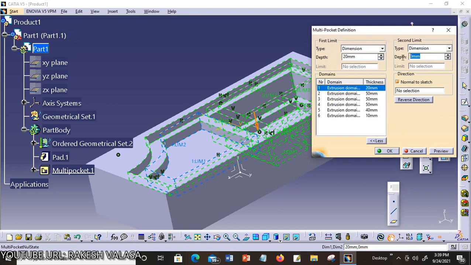Now I am entering the value in the second limit, for example 10 mm. Click preview. You can see here the extrusion domain value is added. That means the previous one is 20 mm, that is the first limit value. The second limit value is 10 mm. These two values are added in extrusion domain 1.